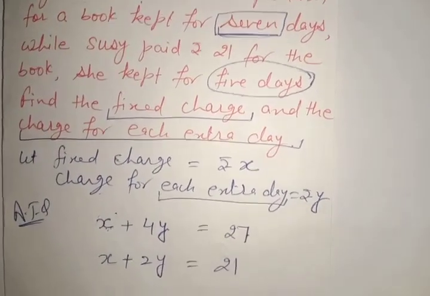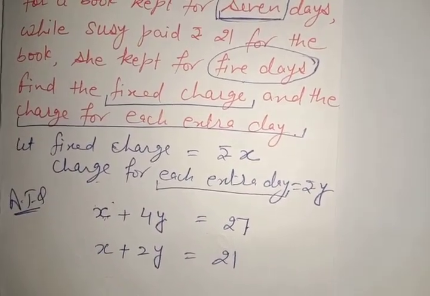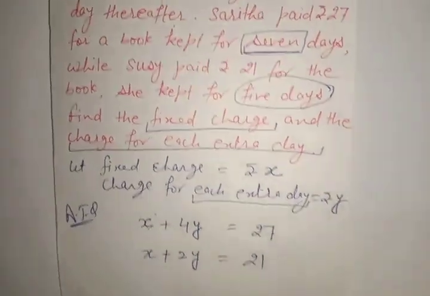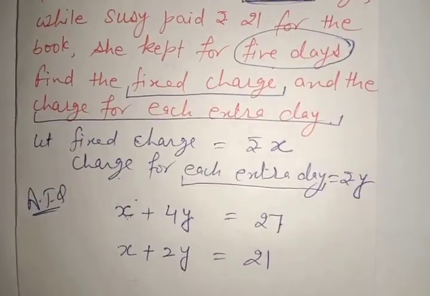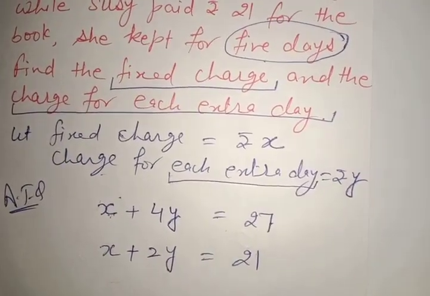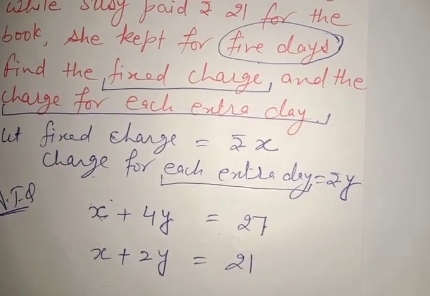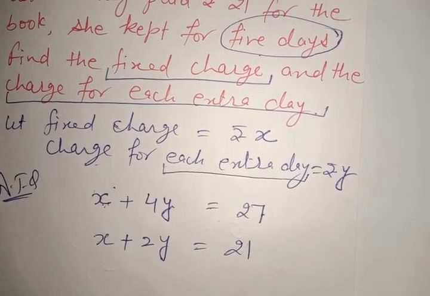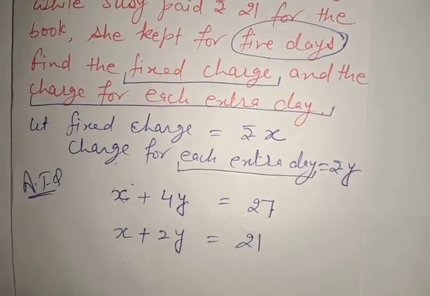And I suggest that when you have to do any question of the third chapter and you need to solve it, always apply the elimination method, because in my point of view, this is the easiest method. Graphical method, elimination method, substitution method, and one more method, the cross multiplication method. This is the easiest one. If it is not written in the exam by which method you need to solve, this is the best method.